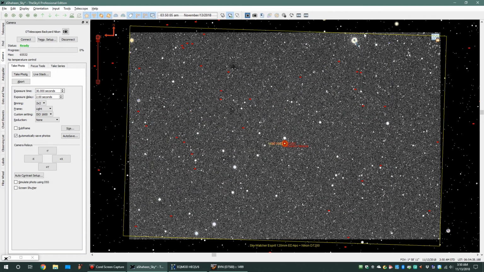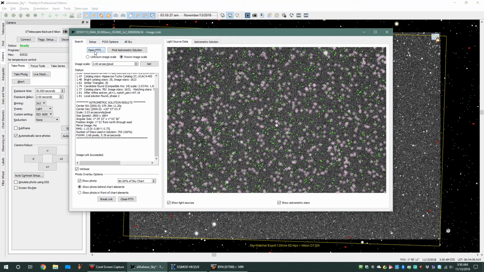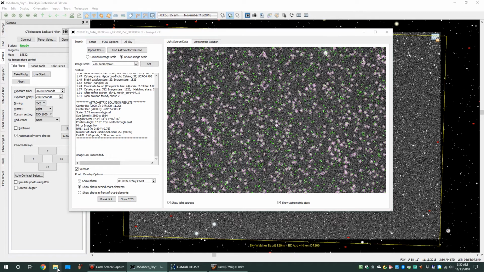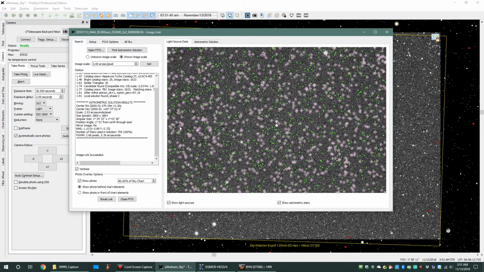So let's minimize that. Now here's what's different. This morning, of course, you're seeing NGC 2392, but the other morning, what I saw was a glow off to the right. So I'm going to load that. So I'll open that FITS file. Whoops, I have to go get it. So I'm going to pause at this point. Okay, I had to go and retrieve a copy from a folder from the other night, and now